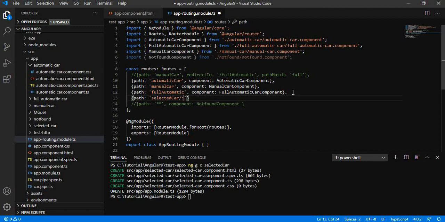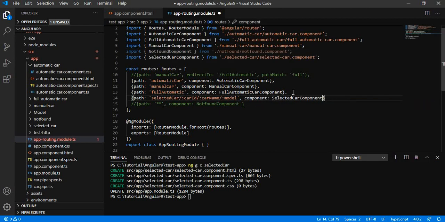Let's say we have car ID, car name and model, and the component will be selected car component. So we are done with the new component, selected car component.